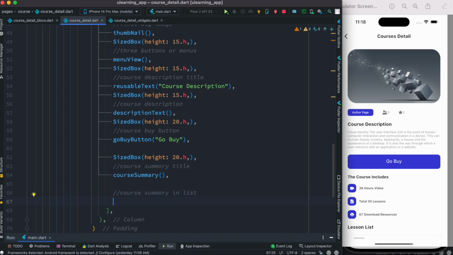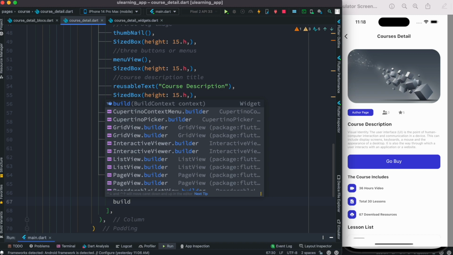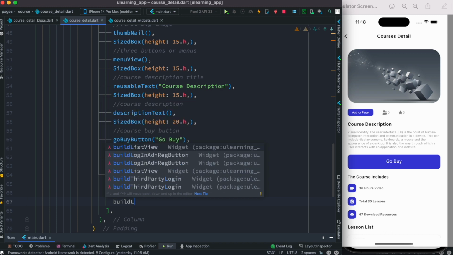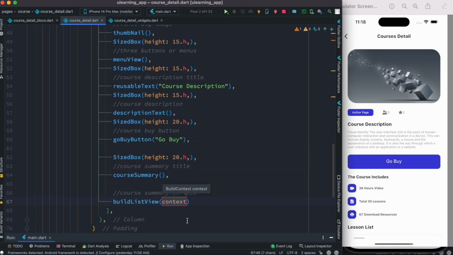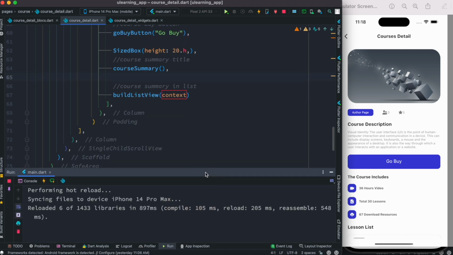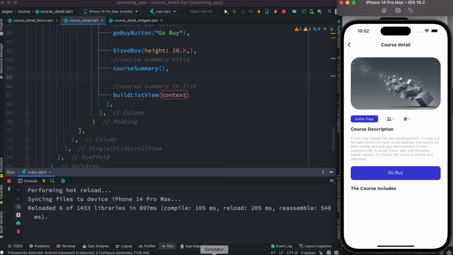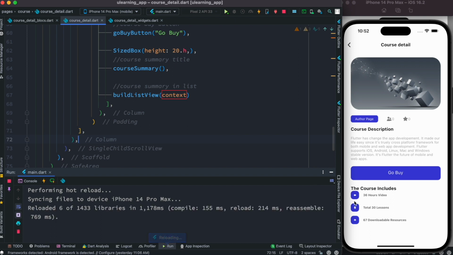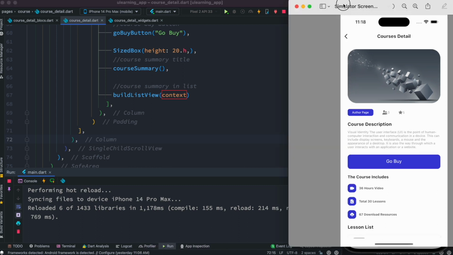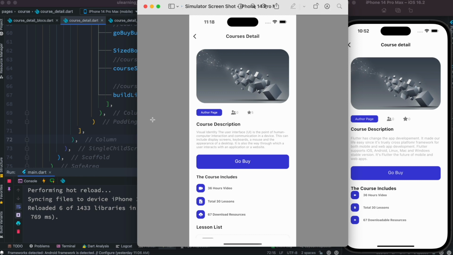Now instead of this we can call build list view. Make sure that you get it from the correct package. Pages, course detail, yeah, this one, otherwise it will get tons of errors. And then, well, let's see if we have error or not. Now let's come over here and save it. And yes, we already see that it's there, and it did save us time,